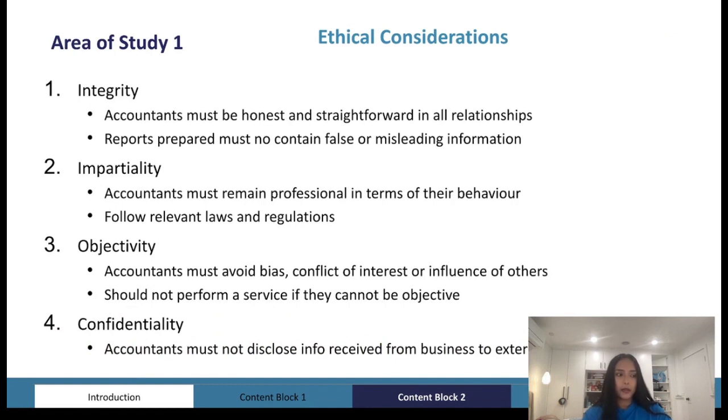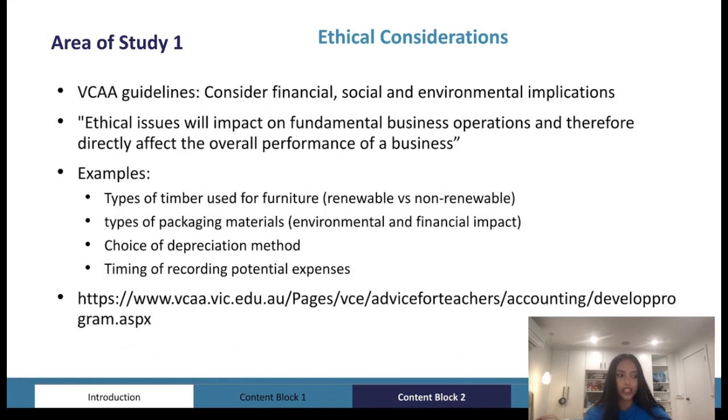Ethical considerations are another big part of accounting theory that some people can struggle with, but broadly it includes integrity, impartiality, objectivity, and confidentiality. Integrity is a really, really big one with ethical considerations because it's super important that a business is honest in their financial reports. And then under ethical considerations, we also have to consider the financial, social, and environmental implications of business decisions. A business has to make decisions that don't harm the environment. So, for example, ideally they should be recycling, they should be using eco-friendly packaging, don't use plastic. They should be trying to reduce their waste as a business,